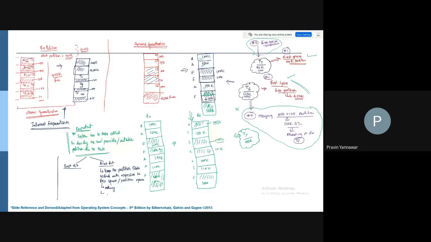With respect to the partition space, we are going to keep your partition table free, right? And you need to maintain the ordering here. Ordering is to be maintained, right? And whatever first match that you're going to have.